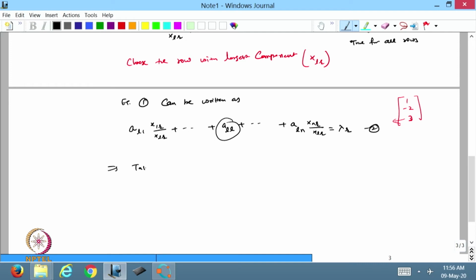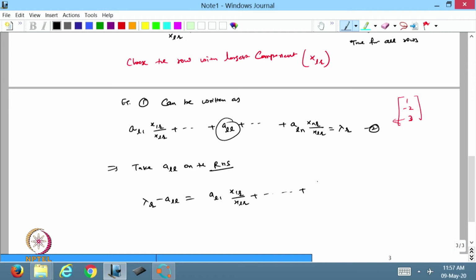So, take a_ll on the right hand side. So, I can write minus a_ll as a_l1 x_1(r) over x_l(r),